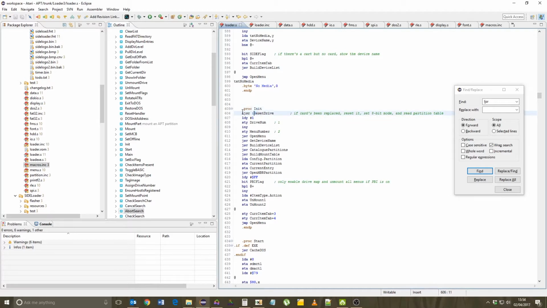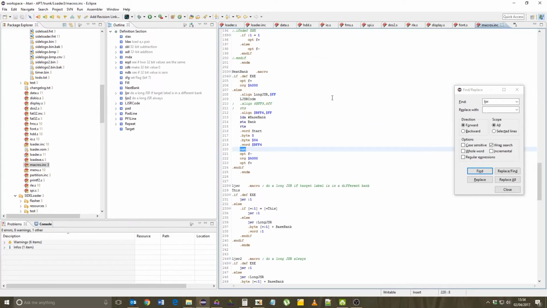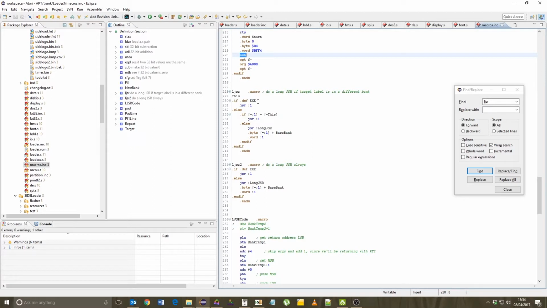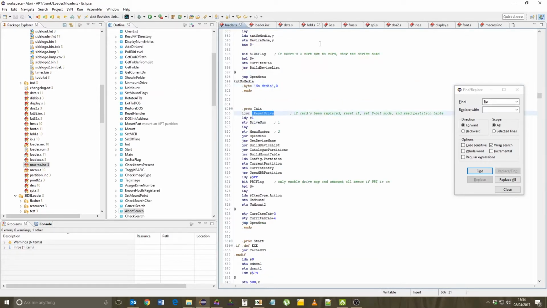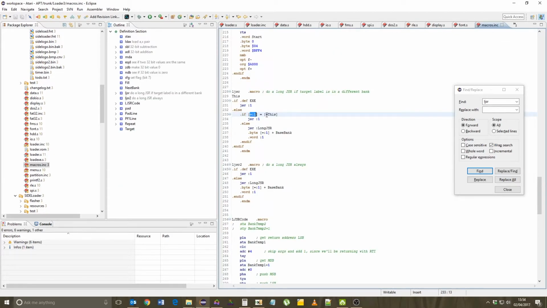But anyway, so LJSR reset drive, for example. So this resets the IDE controller. So that inserts this macro LJSR. Now, let's ignore this exe part. If, that means if, let's think, I'm trying to remember how this works. Right, if parameter 1, which is the argument, which is reset drive, okay, if reset drive equals this, right, now this is a label